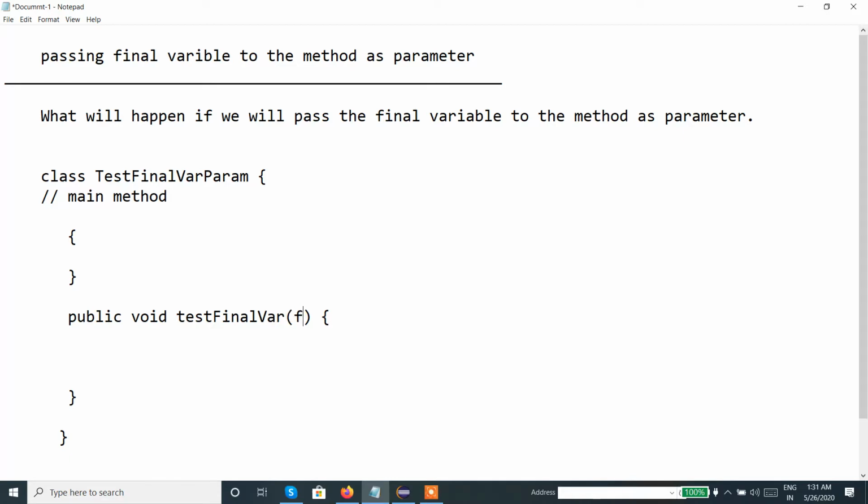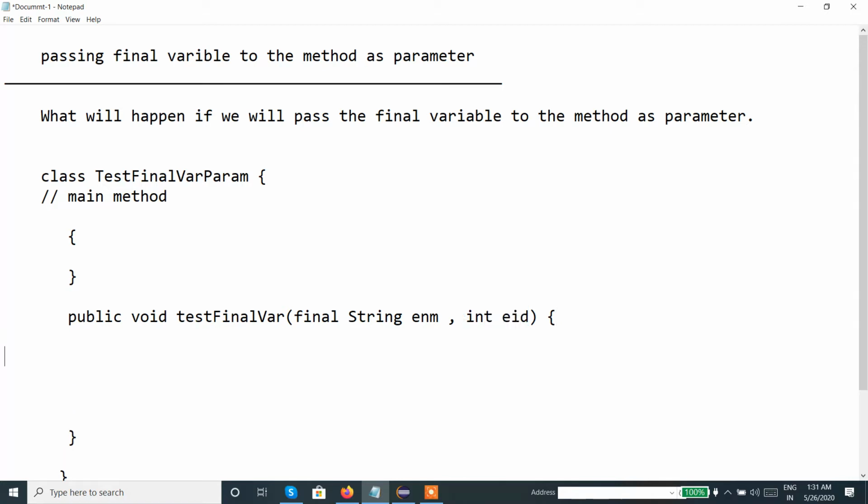So let's say final string enm and integer eid. Two parameters we passed, and clearly you can see one parameter is final variable and other one is not final, it is simple integer without final.